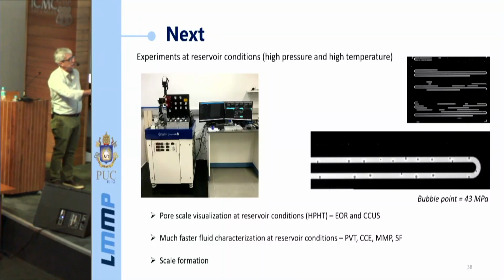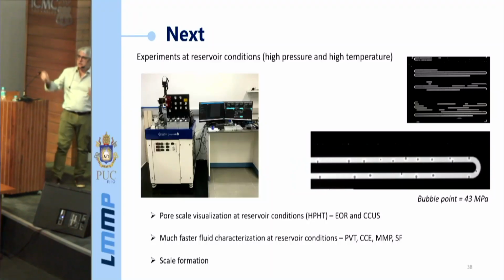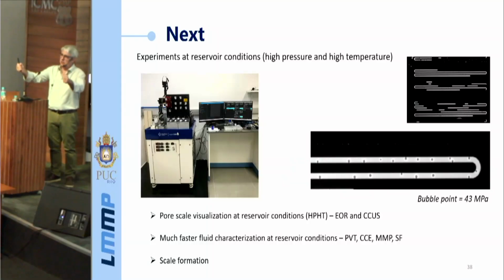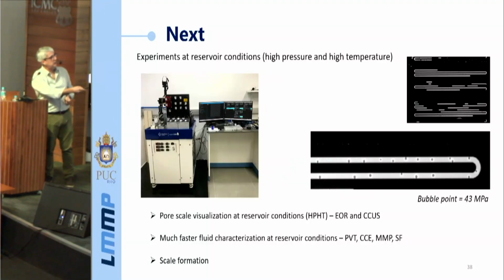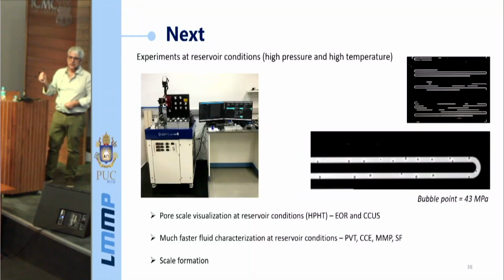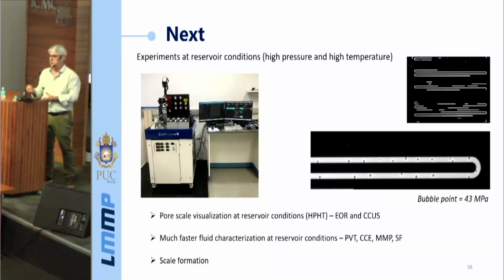This is an oil that we kept inside a micromodel. You have these oil drops which are surrounded by a water phase, and then you can slowly change the pressure of the system until you start seeing some bubbles forming. So you're just measuring the bubble point of this system. You can get PVT data in hours, not in the days or weeks that it would take in a PVT